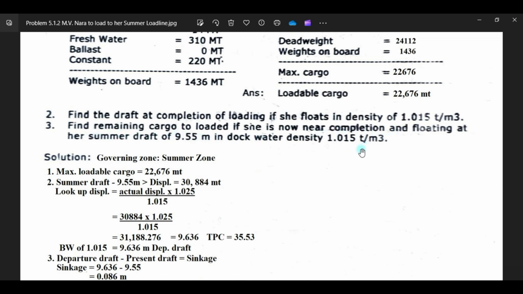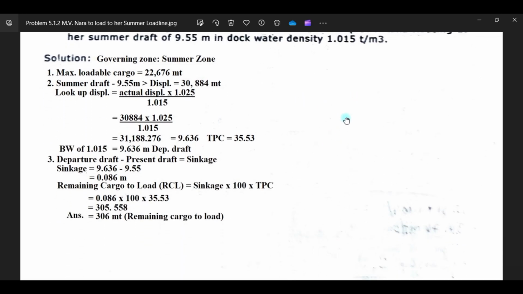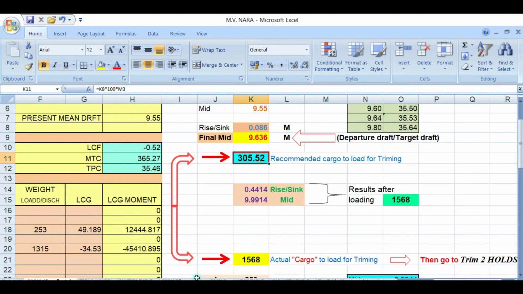It stops from here, okay, but we will continue. This is the only number 3 that is only asking how much is the remaining cargo to load. But we will continue with the program.